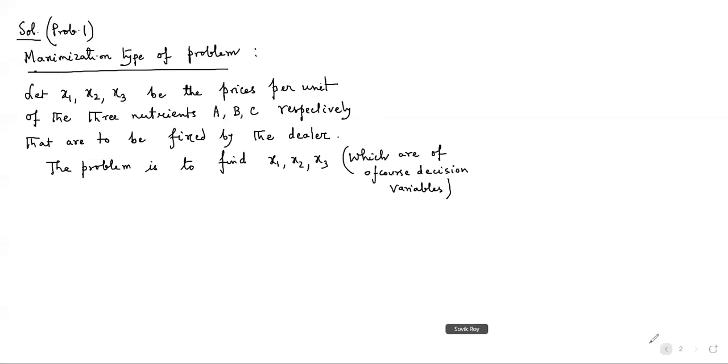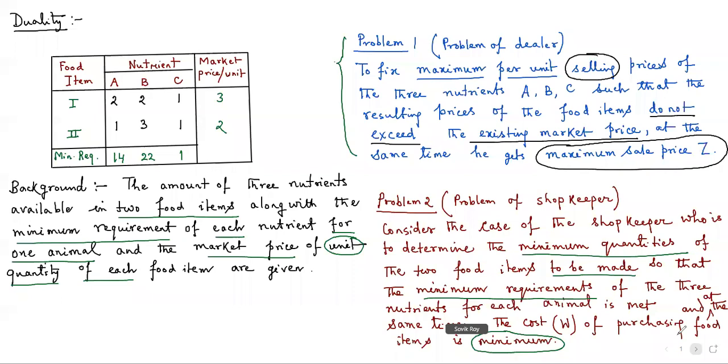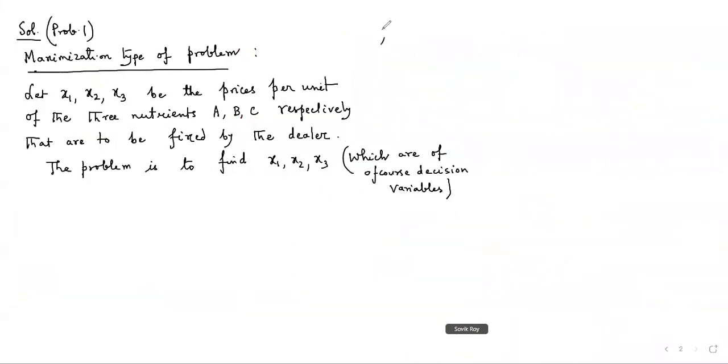Now he is denoting the sale price by capital Z. So immediately he can write max Z. Remember, capital Z here is the sale price. He wants to maximize it, and that sale price is given by